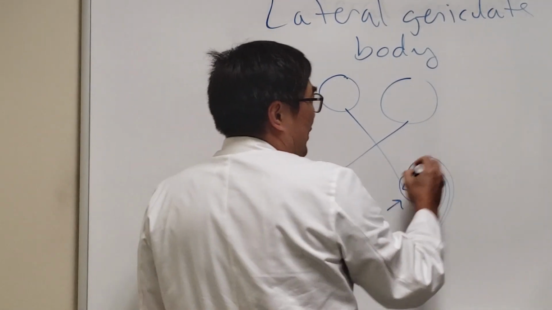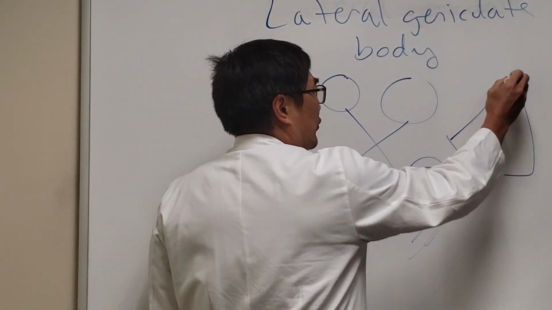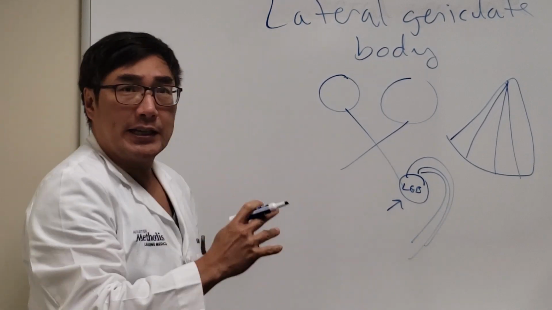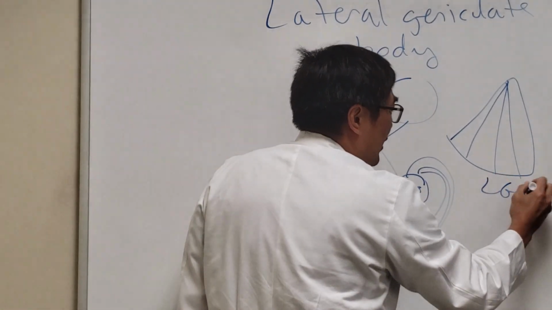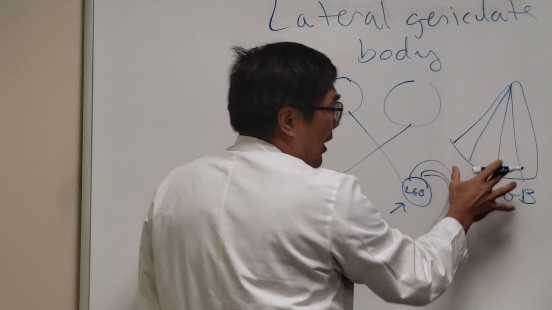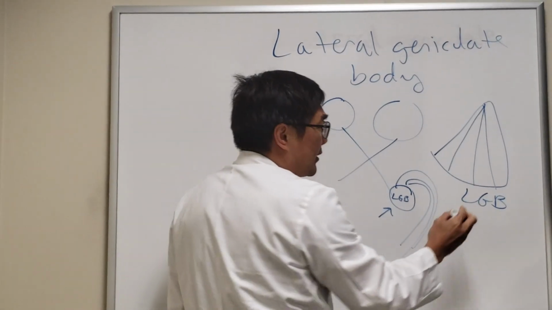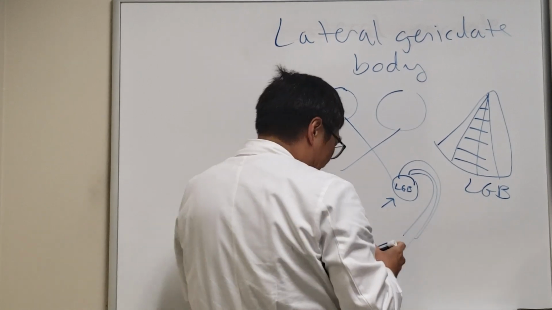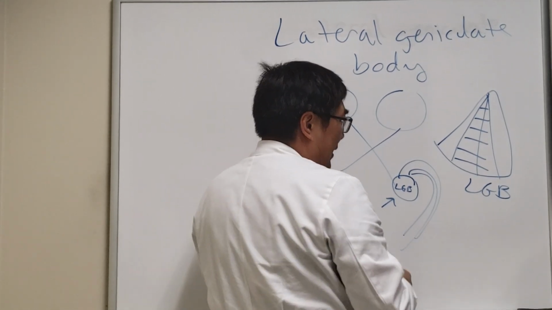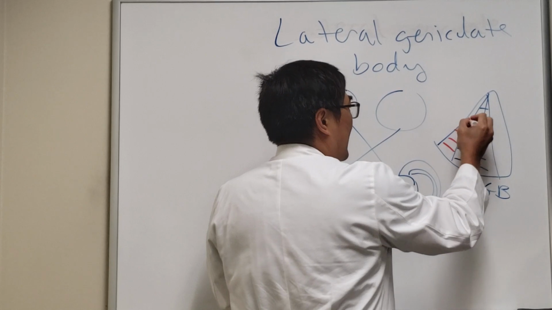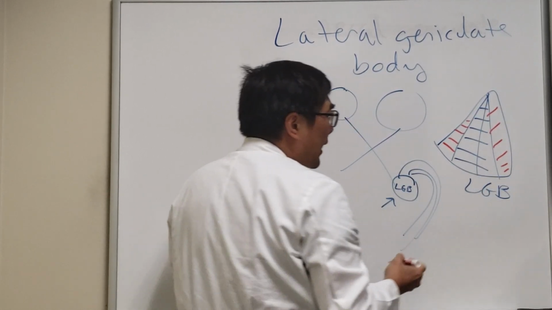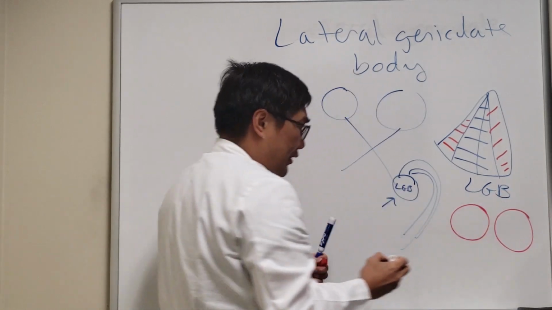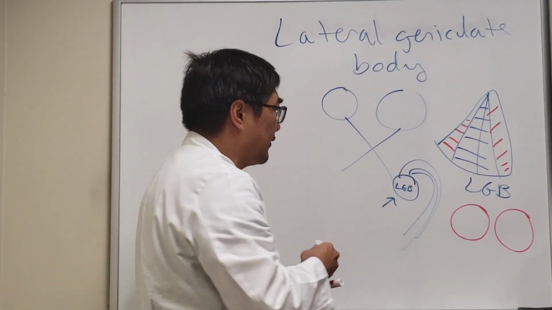So the anatomy of this lateral geniculate body is very strange, and so the blood supply to the geniculate body has a very interesting configuration, and it corresponds with the type of visual field defect that we see. So this whole medial part of the geniculate body has a different blood supply than the lateral parts. And so when we're seeing a visual field from a geniculate lesion, we might see a very strange configuration of